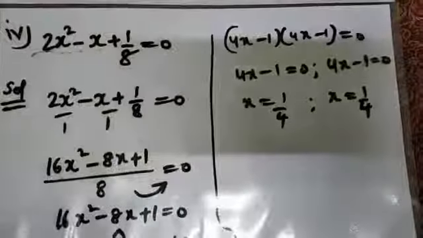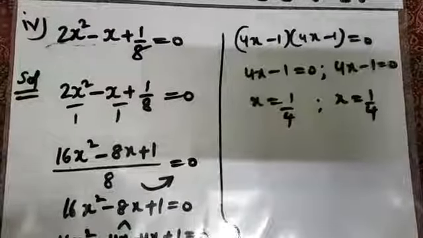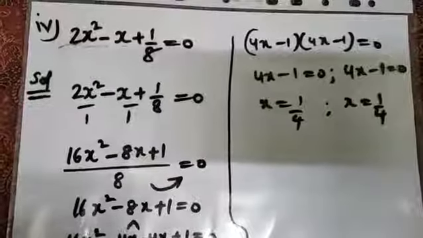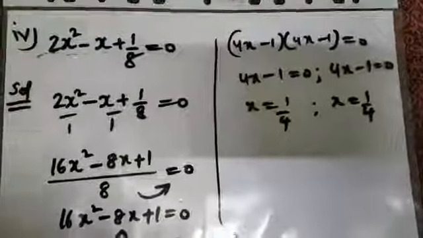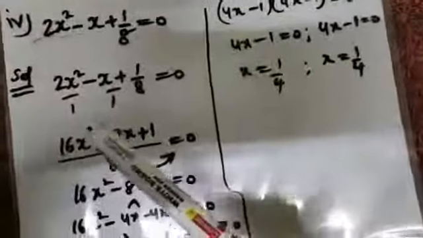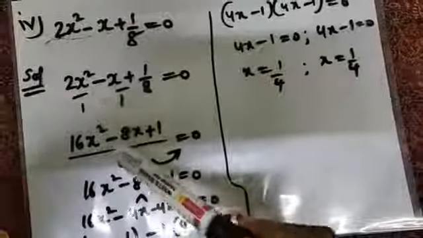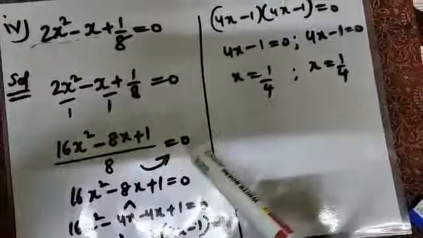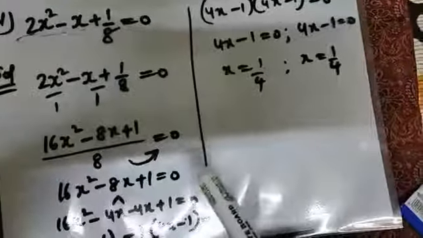Here you can see question number 1, fourth bit of exercise 4.2. It is given that 2x square minus x plus 1 by 8 equals to 0. So when you see a fraction in an equation, first find out the LCM for that, so that you can send the denominator to the right hand side to make it 0. So here you can see in the very first step I am assuming by one, so that I can find out LCM. And after finding out LCM, I got that the LCM is 8. So 1 into 8 is 8, 2s are 16, and minus 8x plus 1 equals to 0.